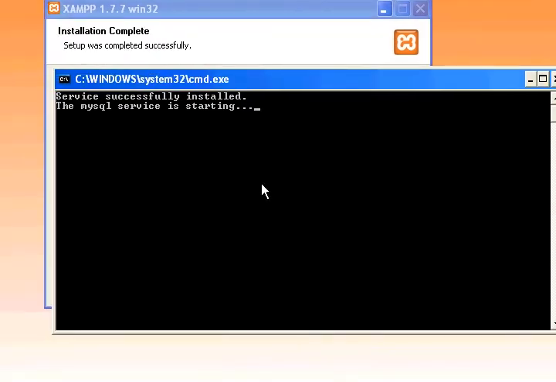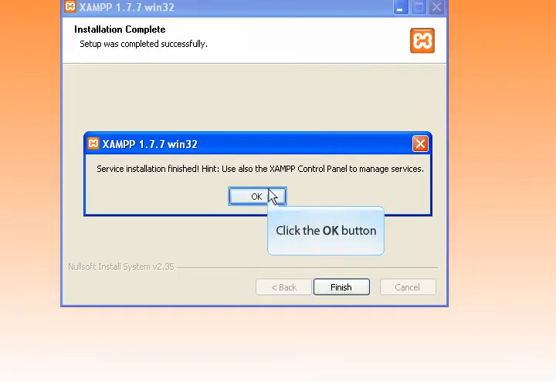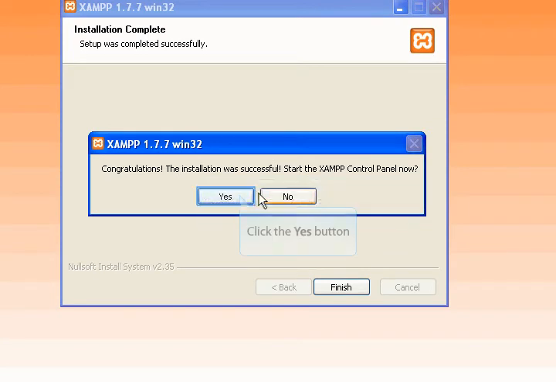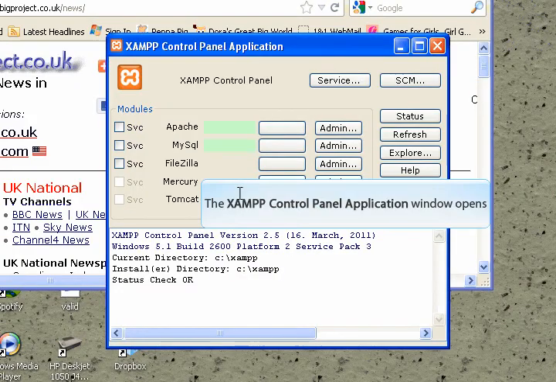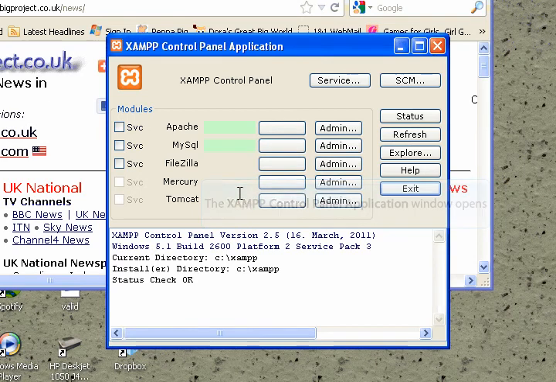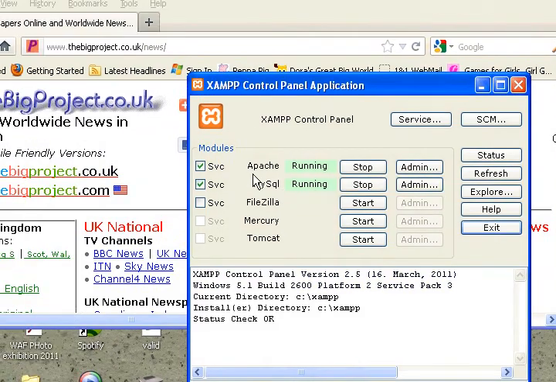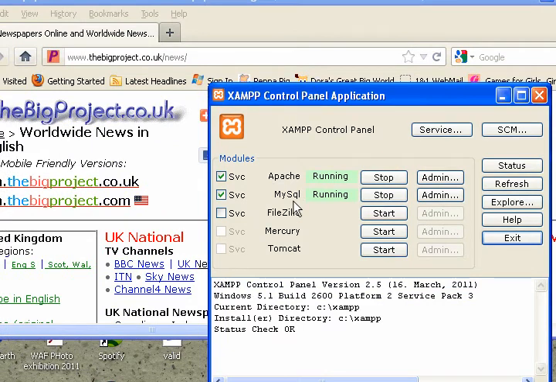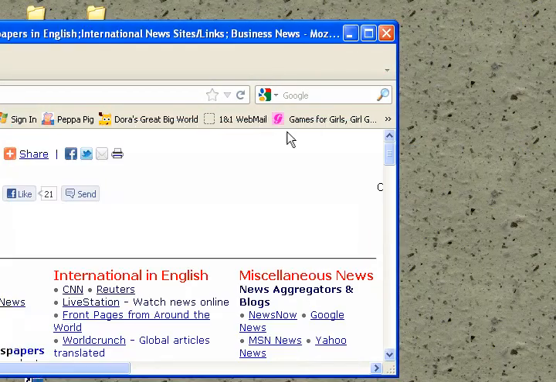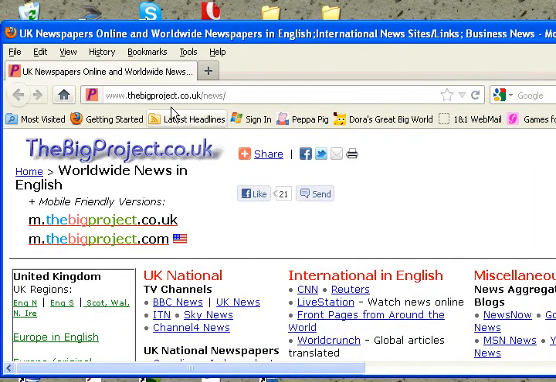It's starting. Okay. Yep. Let's have a look at the panel, and you should see running next to Apache and MySQL. Now to check that it is running, if we minimize the window there and go into Firefox and type in